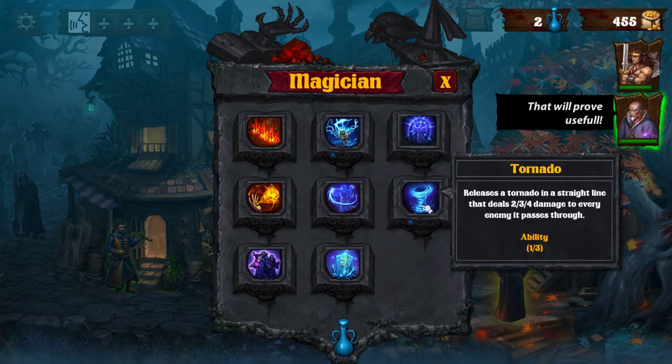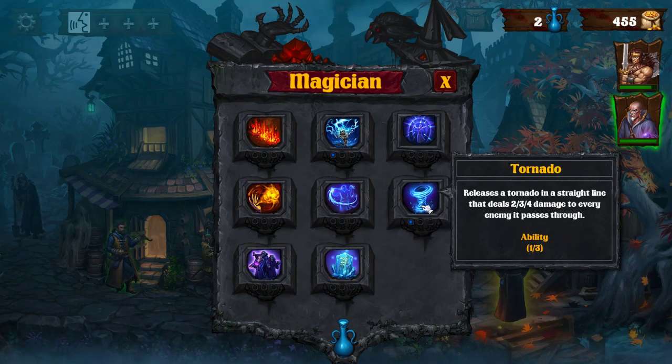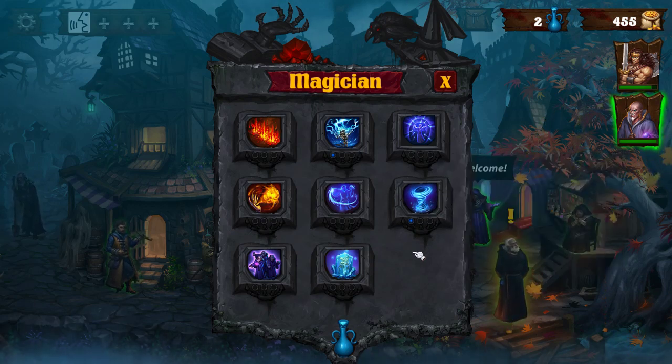For just a single pot, you get an ability that does 2 damage in a straight line. And that's important that it does 2 damage at level 1 because it means that it kills most monsters, and if they happen to be standing in a straight line, you kill 2 of them as a free action, so it's pretty dope. I'm also going to go ahead and grab the,